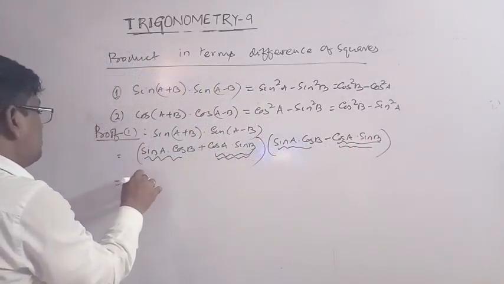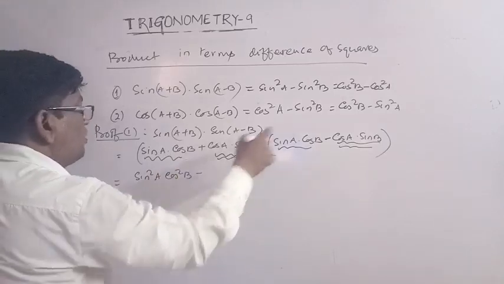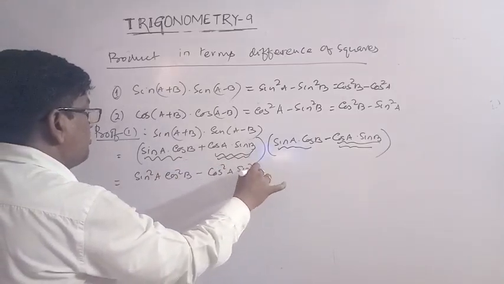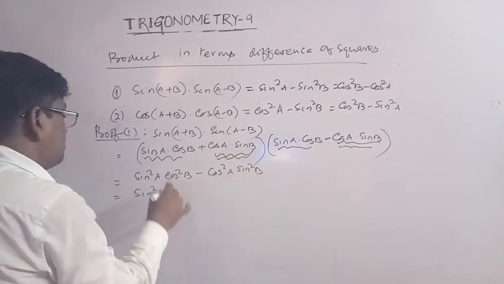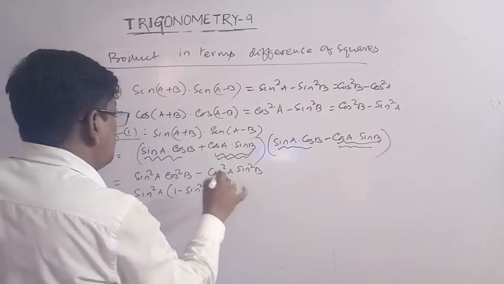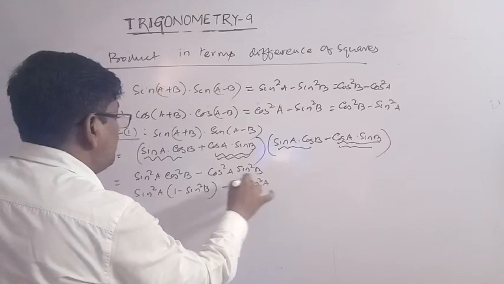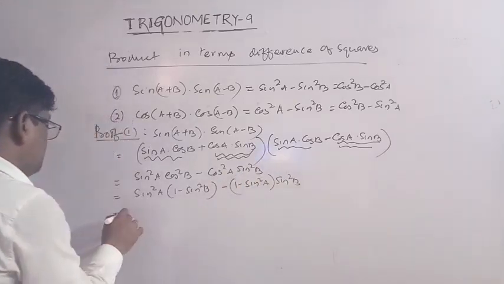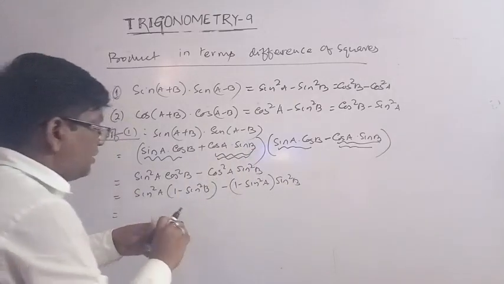That is equal to sin square A cos square B minus cos square A sin square B. So sin square A into (1 minus sin square B) minus cos square A, which means (1 minus sin square A), into sin square B. So this is equal to we get